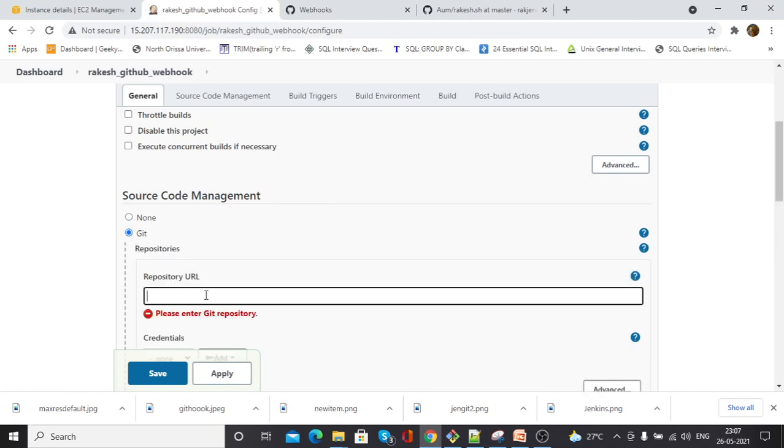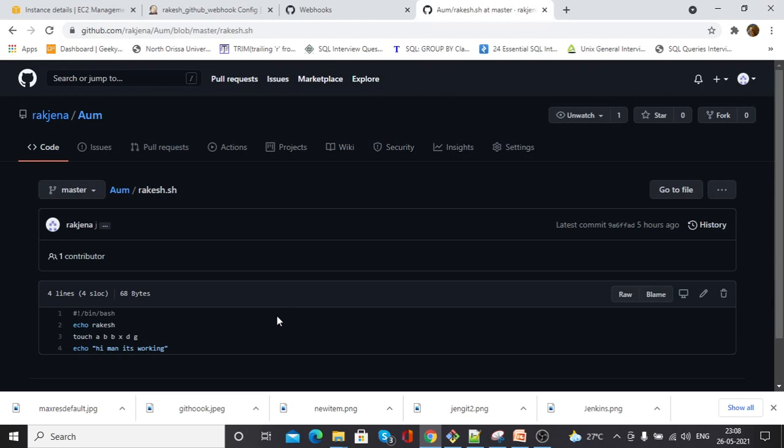Here you need to put the URL of Git where we need to put our code in GitHub. You can see I have my code inside this URL. The file name is rakesh.sh.